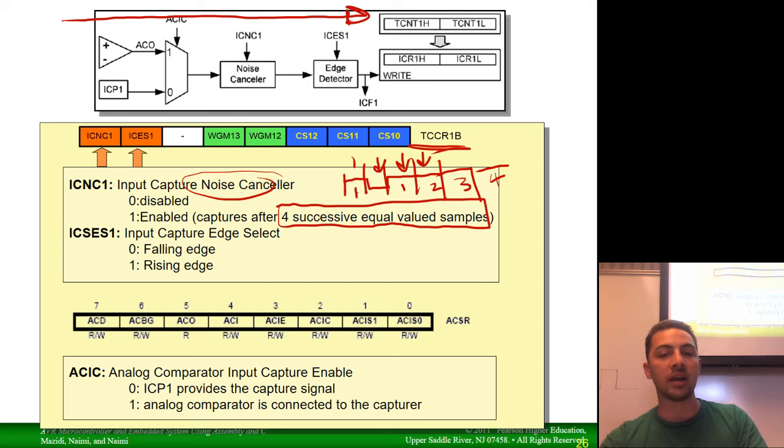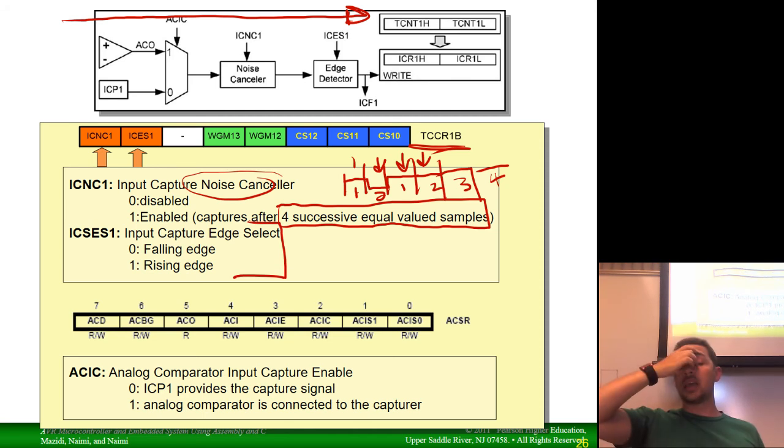Here we have 1, and then we reset to 0. So we have a noise canceller. Then we have, and this is sort of the more useful one, do we want to capture on rising edges or falling edges? Obviously, the analogy here is if I was running around the track backwards, Coach Medeiros would be a little bit confused. He wouldn't necessarily call out the time to me if I was running across the finish